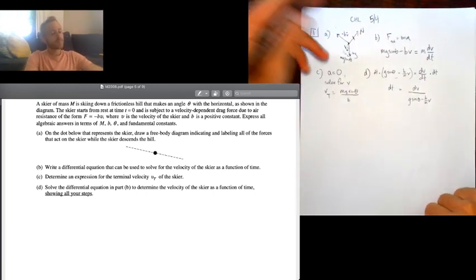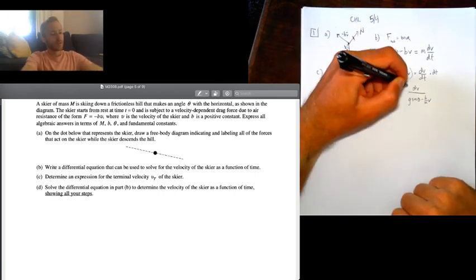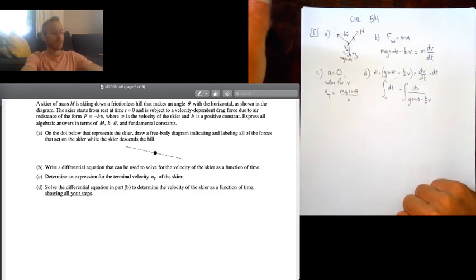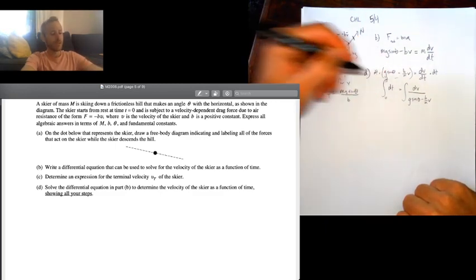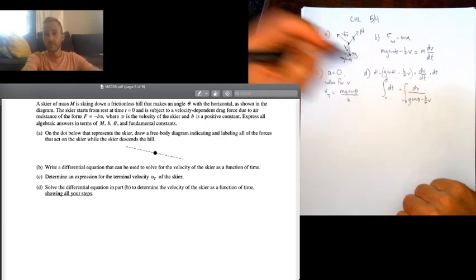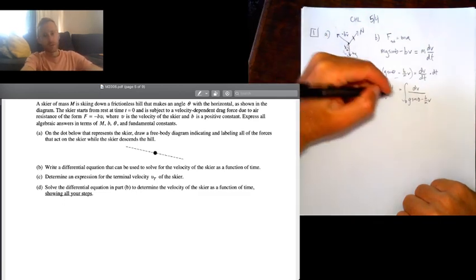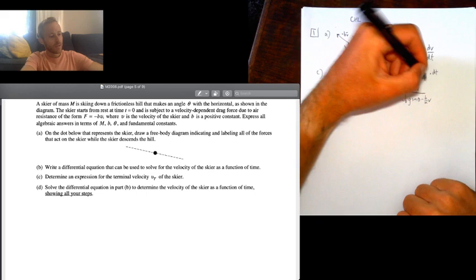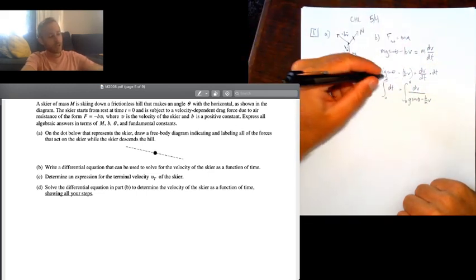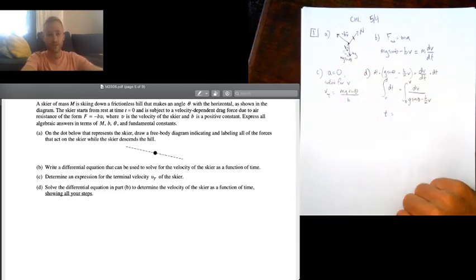All right. Then I'm going to integrate both sides. On the left-hand side, I'll integrate from time 0 to t. And when time equals 0, the velocity is 0, because it says that the skier starts from rest. And then it ends up with velocity v. So on the left-hand side, it's a really simple integral. It just gives you t. Integral of dx is x.